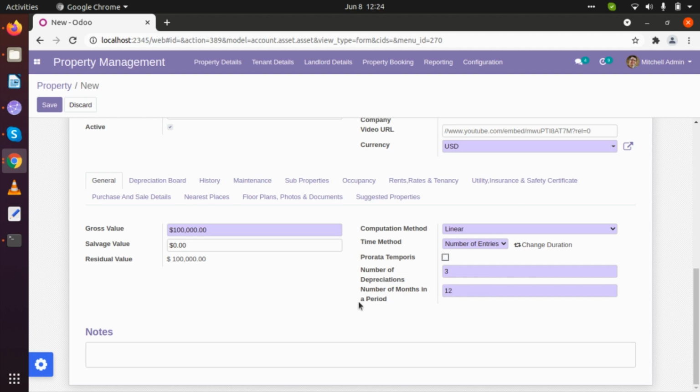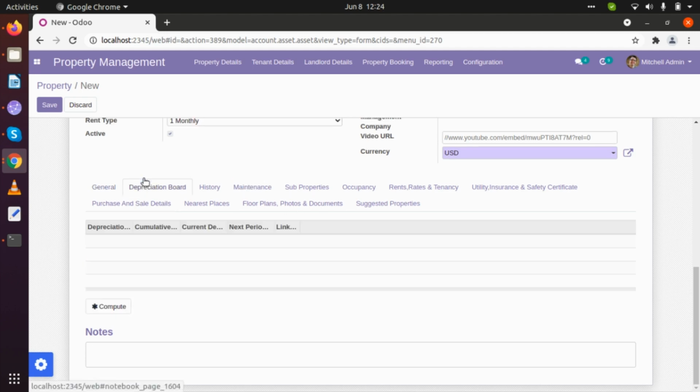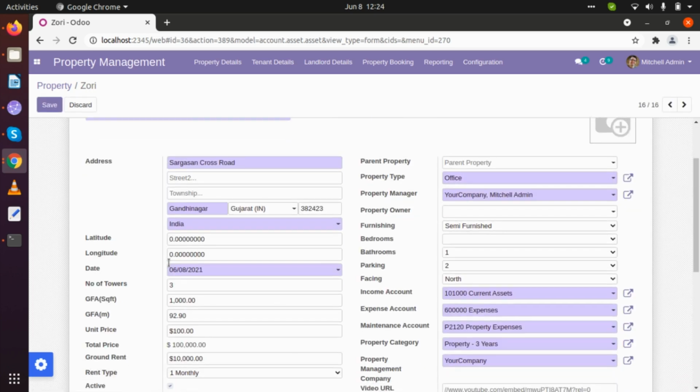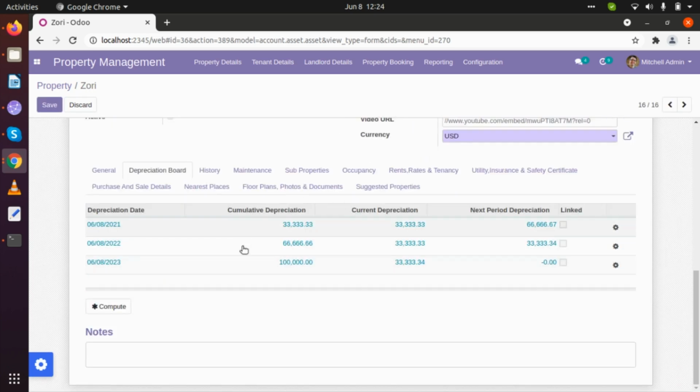Ending date and starting date we can select, and when we go to the depreciation board tab, it will directly create our depreciation details of every year. On this day its depreciation has been added.